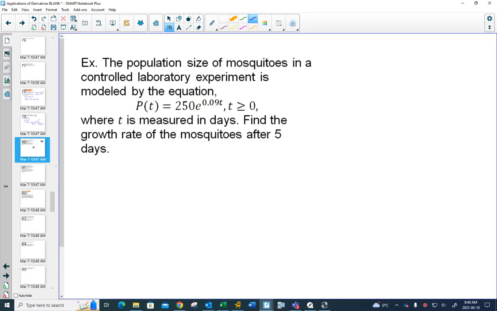So I like this question because I can imagine, why would someone want to make a controlled laboratory experiment with mosquitoes? But we've got an equation for population. Find the growth rate. So anytime a question has this growth rate in it, you know that you're going to be wanting to find your derivative. So first thing, we've done lots of derivatives. Test yourself out. Do the derivative for this one. See what you get. And then once we got that equation,